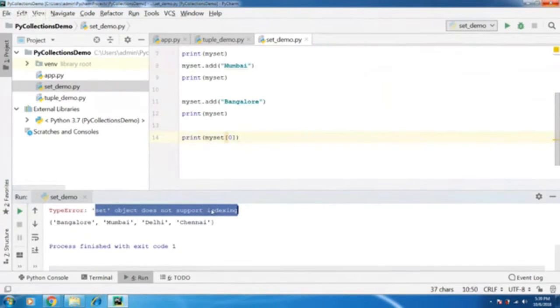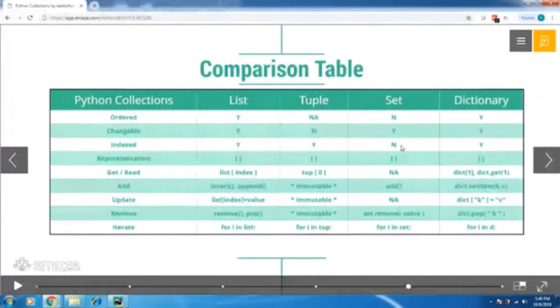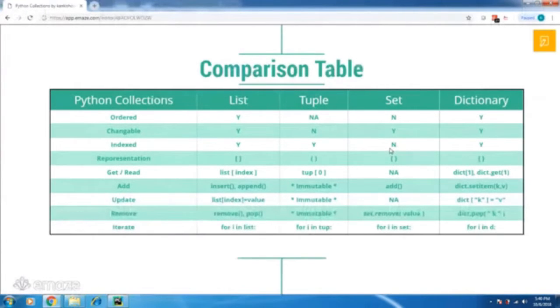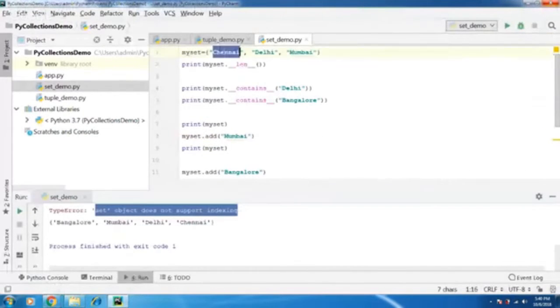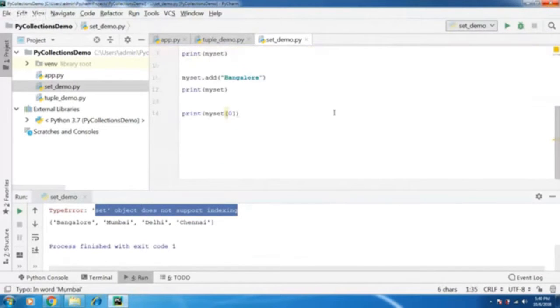So the indexing property of the set is no. So you cannot say this is my first item, this is my second item, this is my third item. No, you can't do that in a set. You can do that in a tuple or a list, but not in a set. So you can just make sure that you don't have duplicate items within your set,